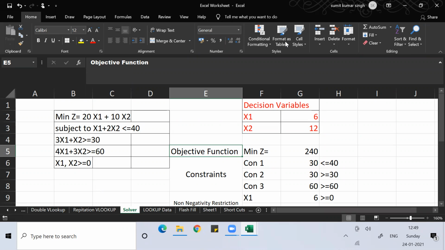Big M method, Tejaswini, I hope you know the logic of the Big M method. Have you studied the Big M method? What doubt do you have on the Big M method? If you have doubt on the Big M method, I'll make a video on that and I'll put it there.